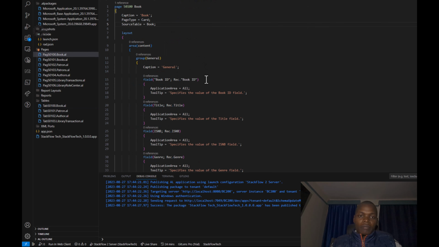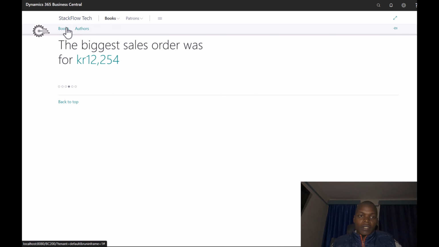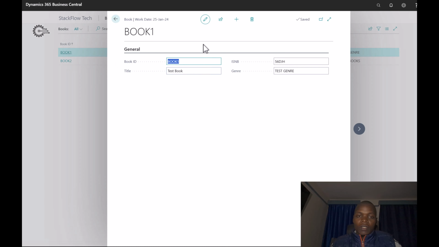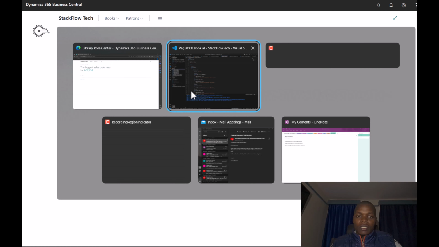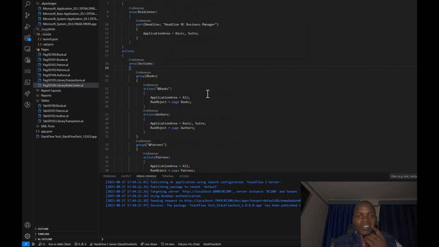Going back, this is a page of type card. So a card is this. Let me show you what the card is. This is a list where you can just have a repeater repeating itself, and then when you open this, you have a card here. So now that we are doing the role center, I'll just add something else, and our library role center